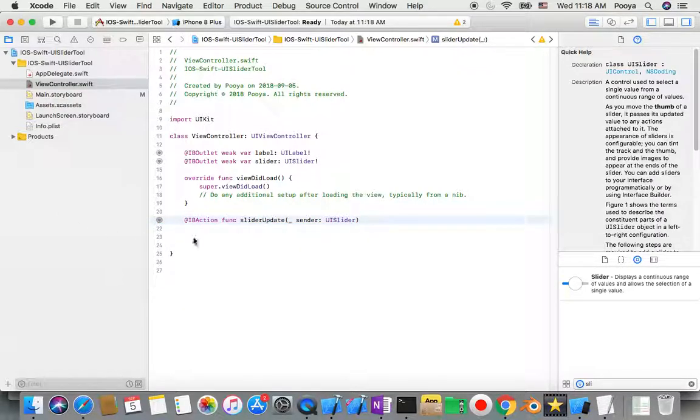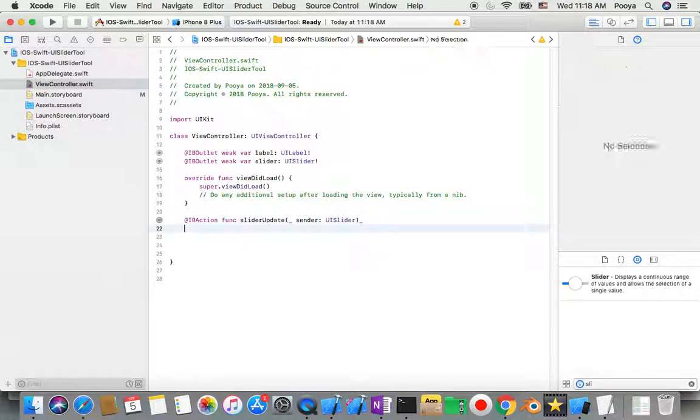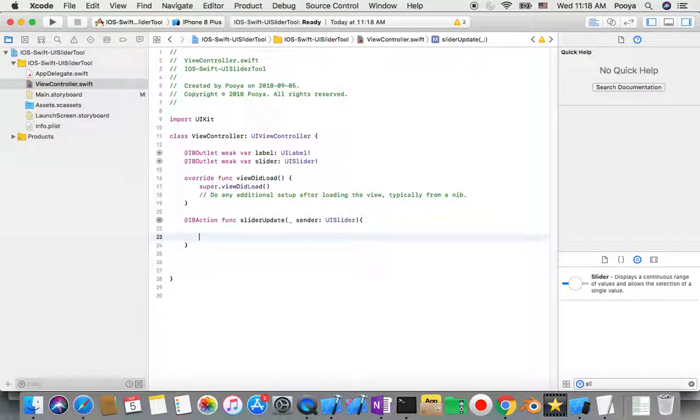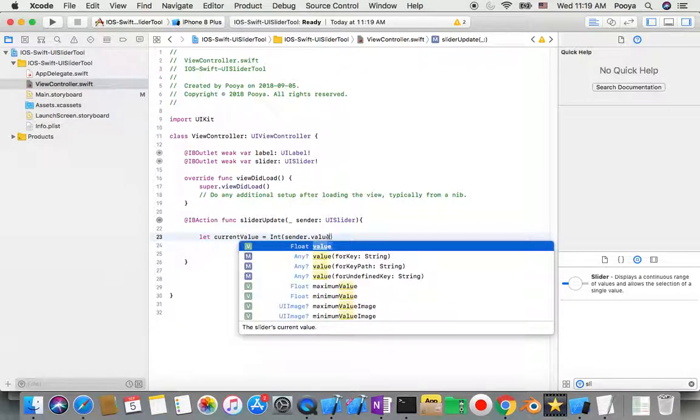You can say Any, but you may ask, what's that underscore? This underscore just tells Swift that when someone calls this function, they don't need to mention the name of the parameter. Okay, currentValue equals, I cast it by Int, and so get sender from the function and pull out the value of that,